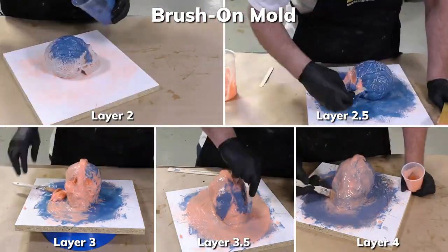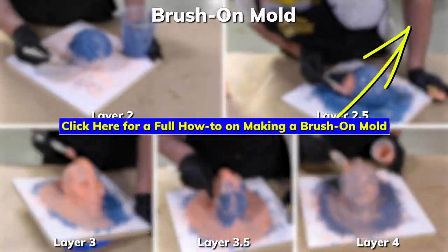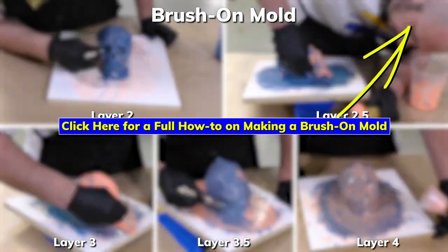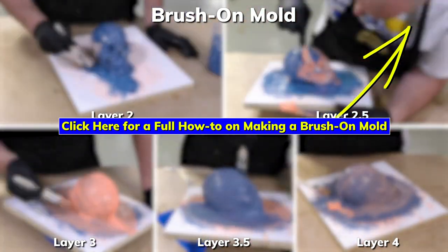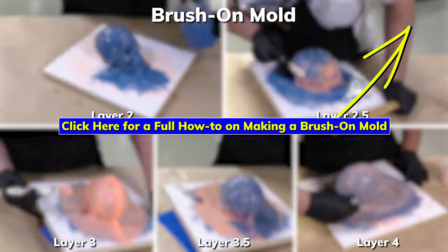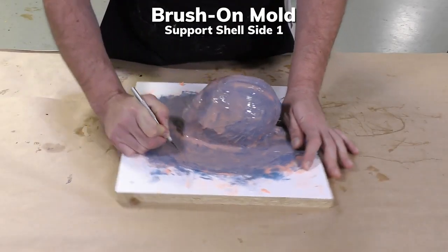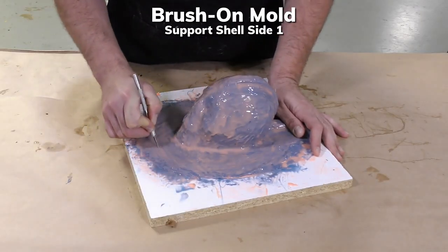over the model. Now, if you would like to see how a full brush-on mold is made with a support shell, you can simply click on the link, and that's going to take you to a full brush-on video using the Rebound 25. And before we start applying any of the support shell material, of course, we got to trim